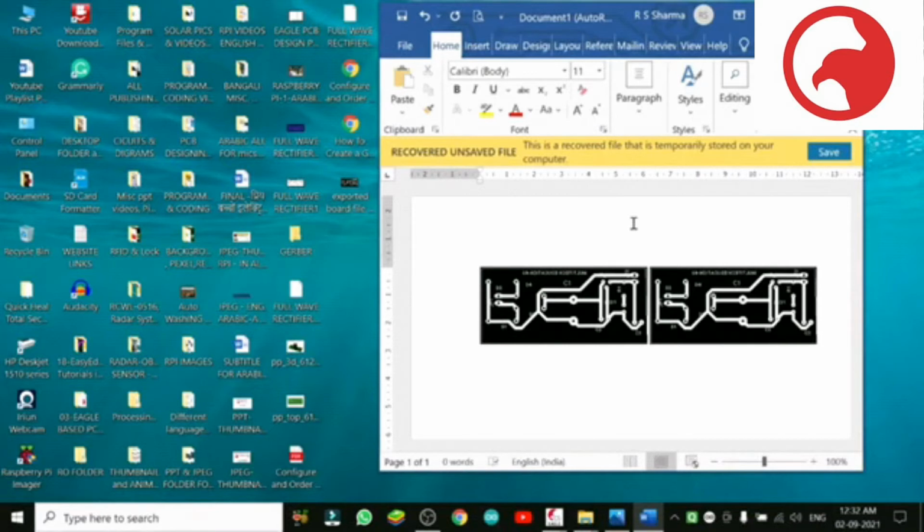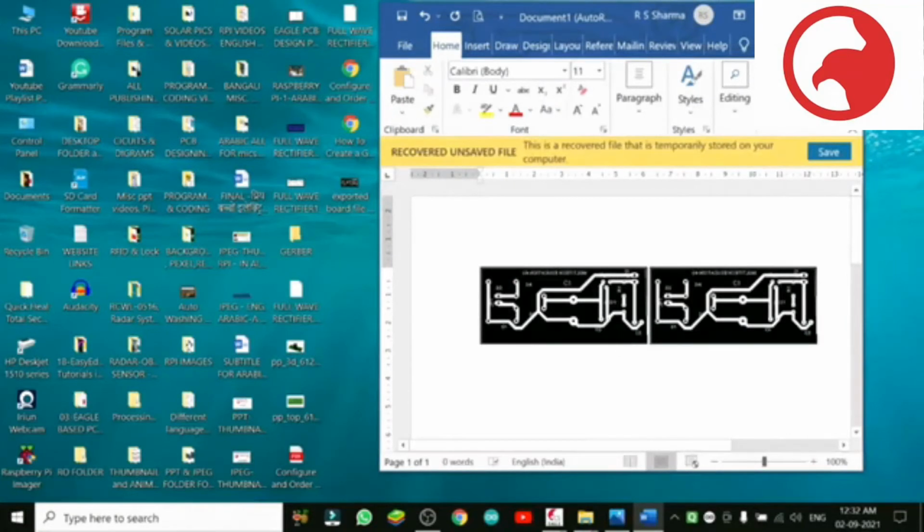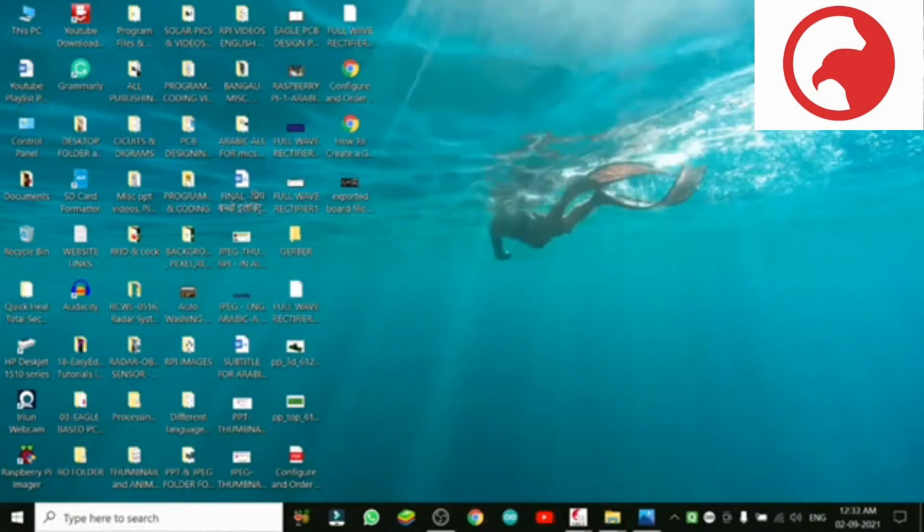Because I believe in sending the Gerber file and getting it manufactured by the manufacturers. It doesn't cost too much. So you can save it and you can make a printout of it if you want to make it at home as a practice. I did it before, but I prefer to place an order with the manufacturer. So it is being saved.